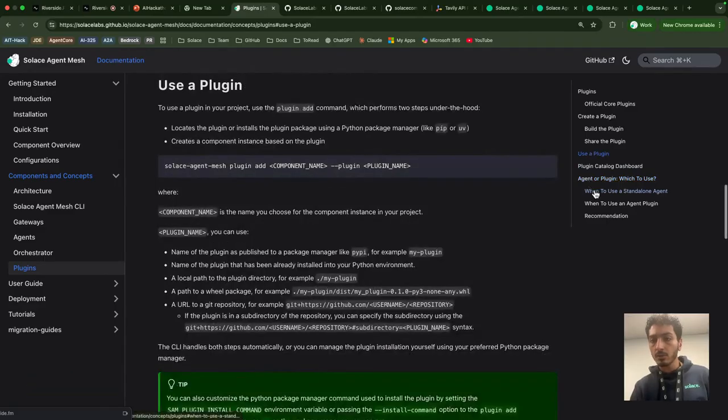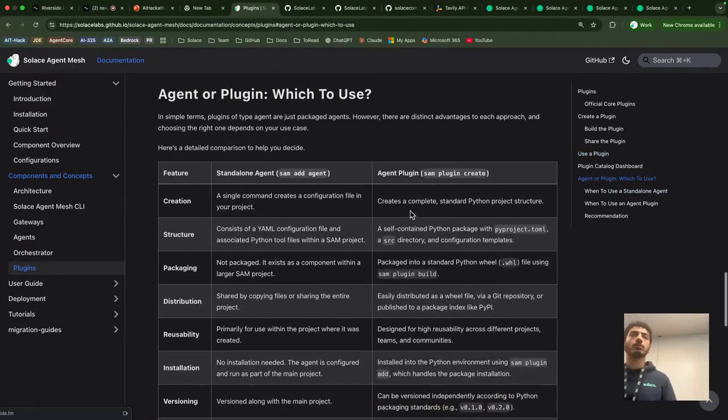But one thing I want to say is whether you should use an agent or a plugin, because you will see this a lot. So in our system, plugins are basically packaged agents. If you have an agent that you want to easily share, send away, package, and version control, then you would use a plugin. For example, if you're working on a big project and you have common agents everywhere, such as for a Docker build, and you want specific versions of those agents to be installed, it's basically a plugin.